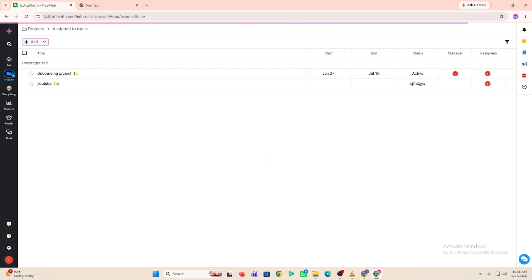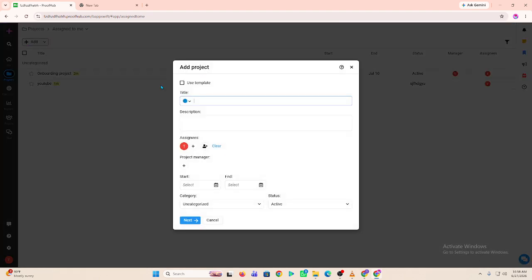Next, click the Add Task or New Task button. Enter a clear task name so everyone on your team understands exactly what needs to be done. You can now add a detailed description, attach files, include useful links, or write instructions to give your team all